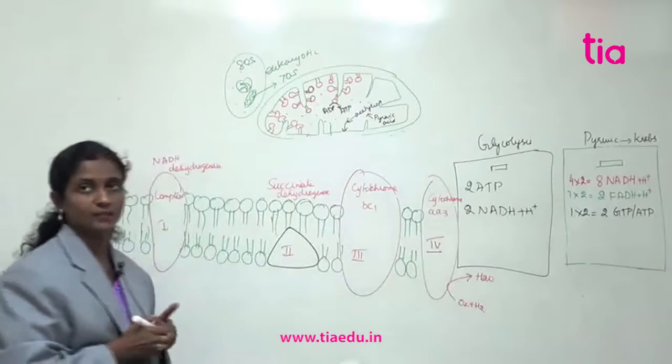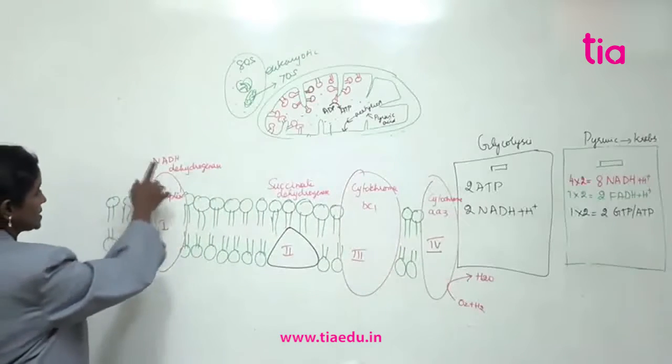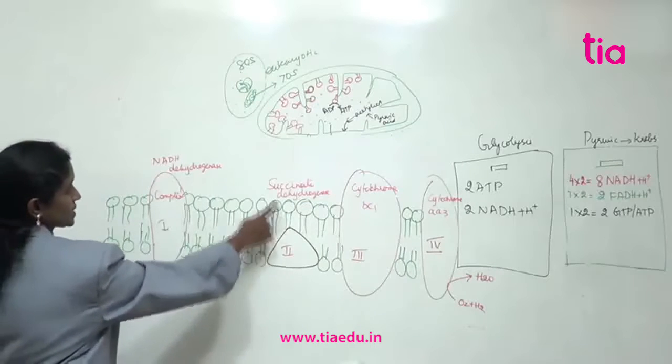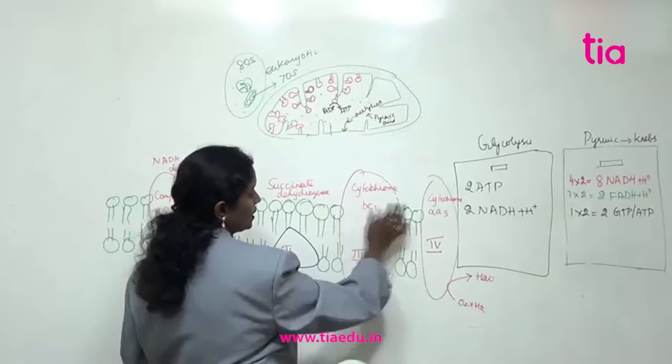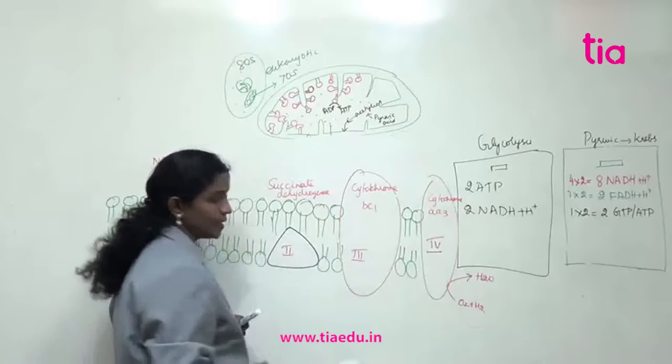I repeat: 1 is NADH dehydrogenase, 2 is succinate dehydrogenase, complex 3 is cytochrome BC1, complex 4 is cytochrome AA3,